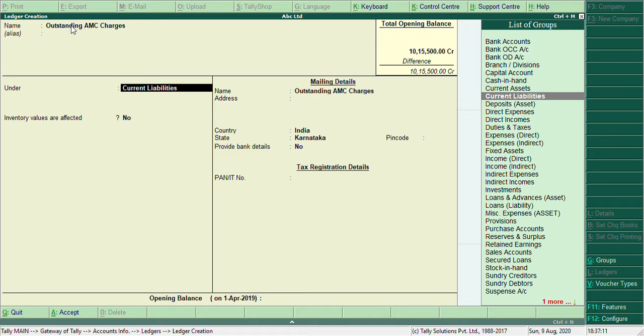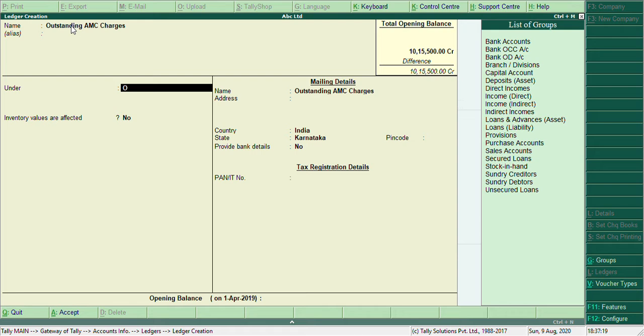I wanted it to be grouped in a separate group, that is the outstanding expenses group, which is not available under the group list. If I have to create a new group, I can create it from here itself. For that I have to use a shortcut key.